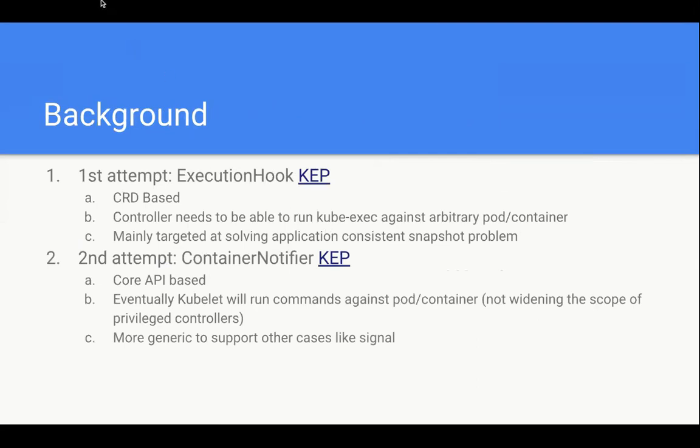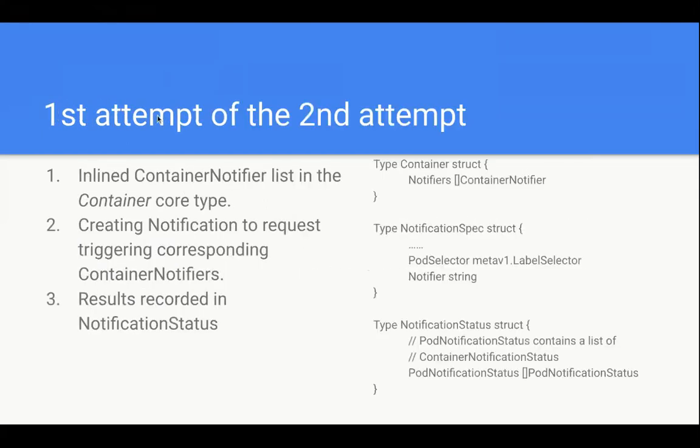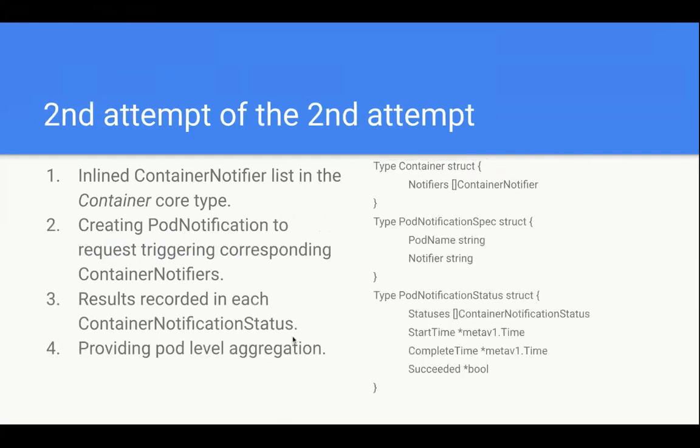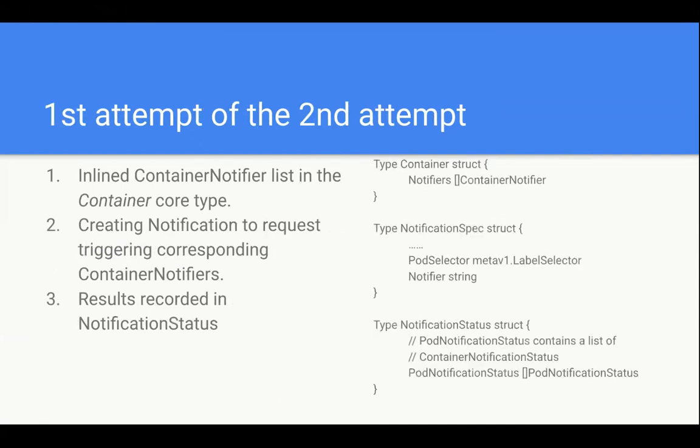I had a question about, so obviously the notifiers have to be at the container level because different containers might want to run different commands in response to notification. Have we thought through if notification should always be at the pod level, or if it should be valid to notify just one container of a pod? How do we decide that granularity, whether to do it at the pod or the container level?